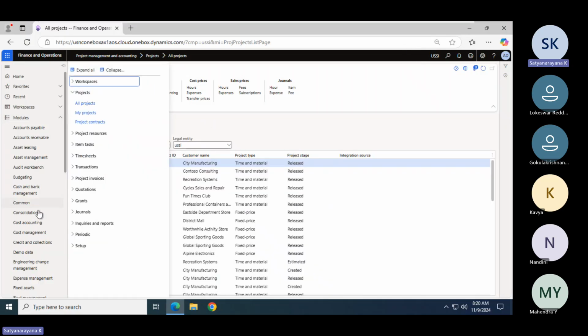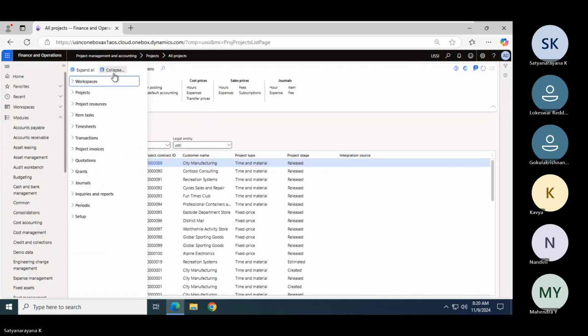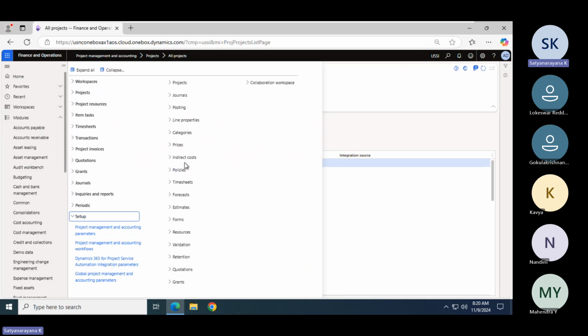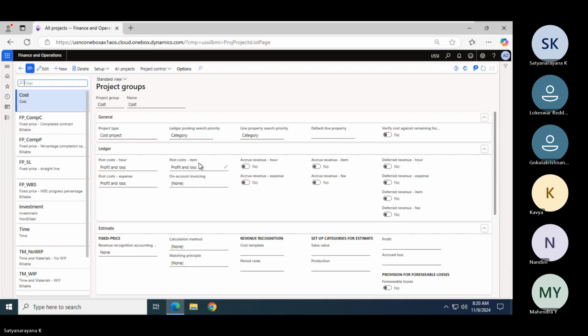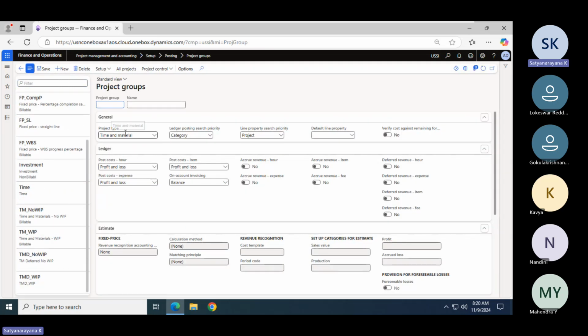If I go to project management accounting, setup, postings, project groups, whenever I'm creating a new time and material project group, if you are enabling these checkboxes, then it is WIP.